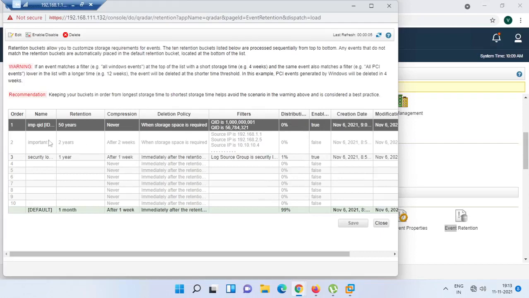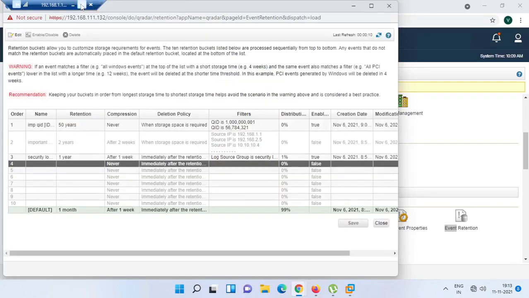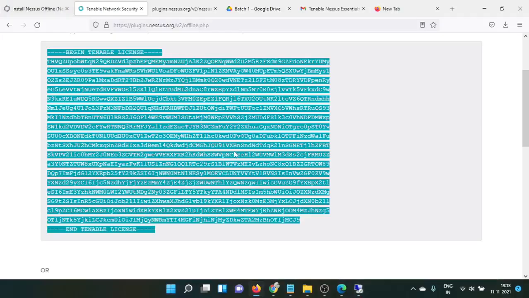If you know the important log source IPs, you can keep that for 2 years. This is a kind of data retention. How do you want to do data retention? Just double click this open area and you can set it as per your requirement. So this is data retention.